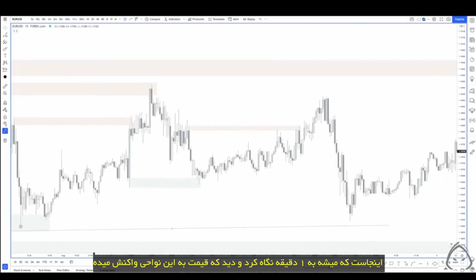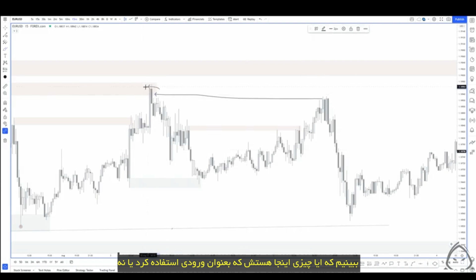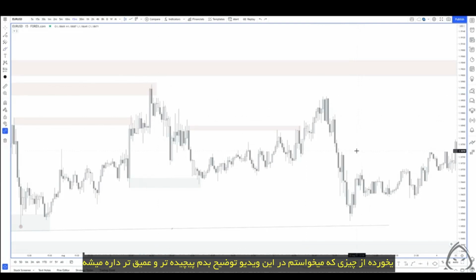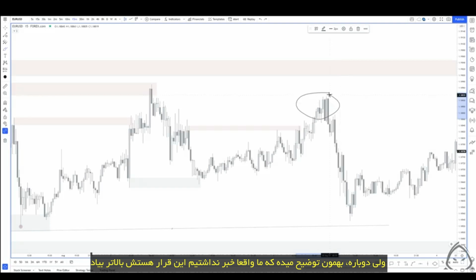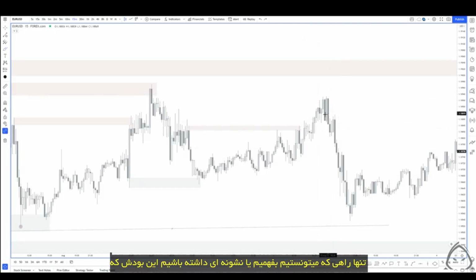But again, this is where we start to look at the 1 minute, and we can start to see price reacting off of these areas, see if there is something that would rest within here to look for entries. It's getting a little bit more involved or a little bit more in depth than what I want to do in this video. But again, it's just explaining that we would not have really known that this was going to